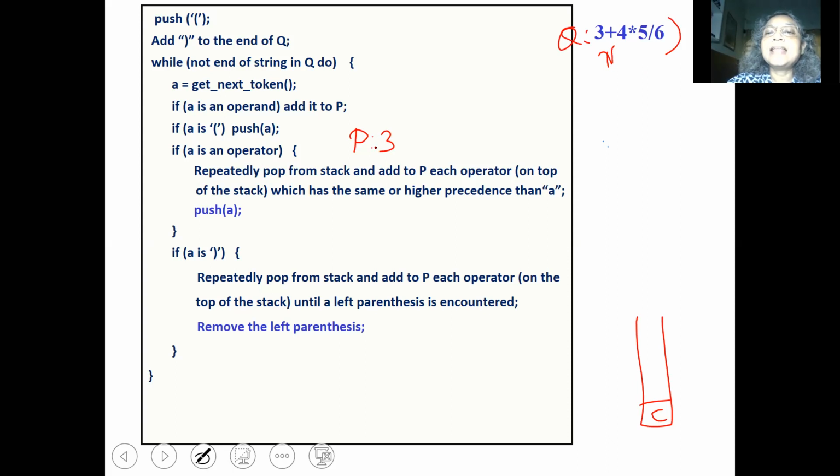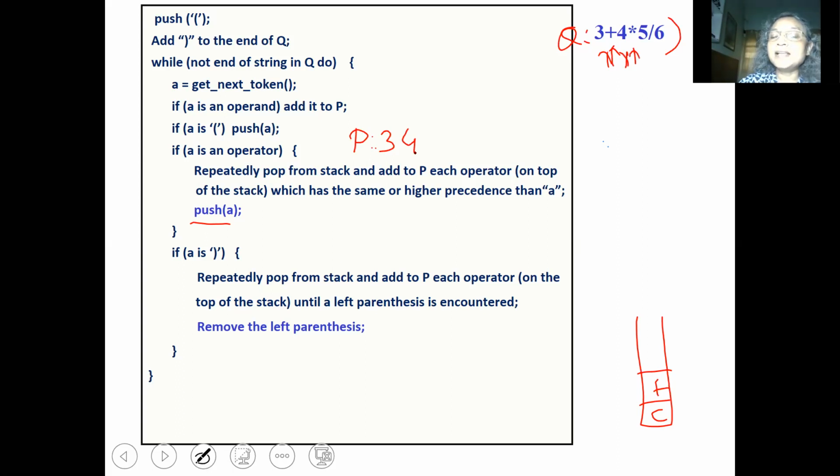Then we look at the next token, which is plus. So plus is an operator. We will pop from the stack each operator which has same or higher precedence than A. There is no operator in the stack, so we do nothing. We push it. So we will push plus into the stack. Then we look at the next token, which is 4, which will be added to P. Next, we look at the token star.